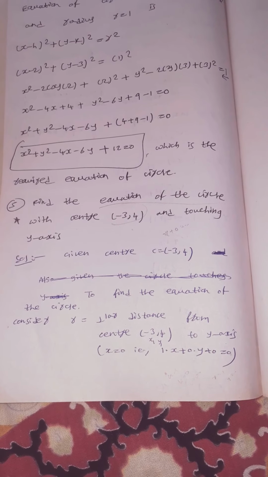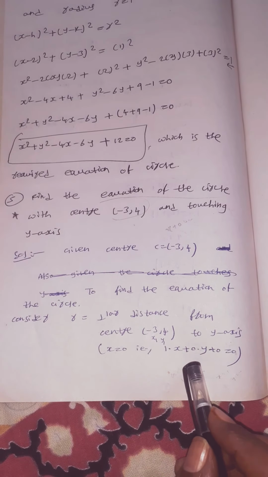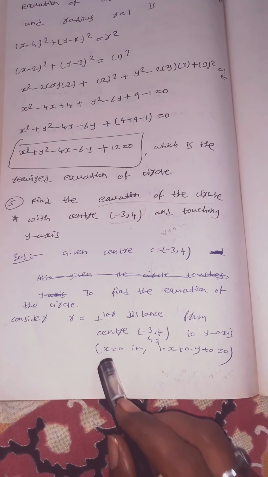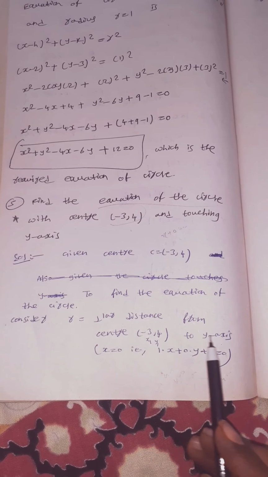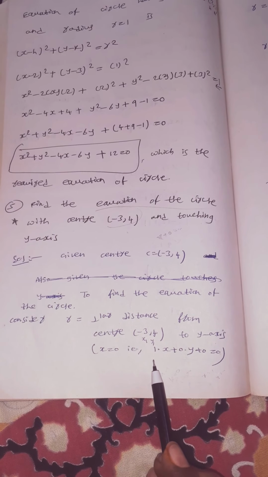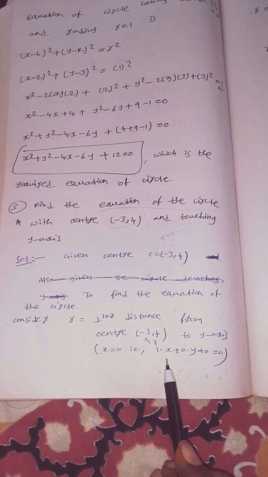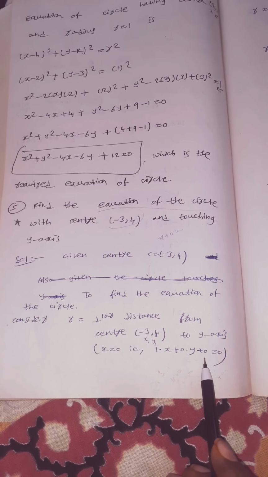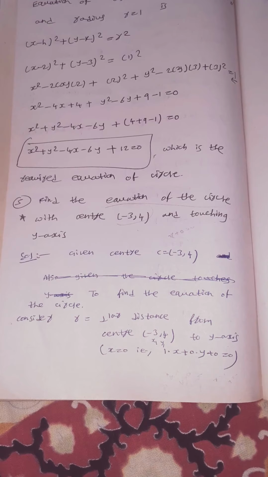What is the equation we will get, children? x = 0. Means we can write this line as 1x + 0y + 0 = 0, children. Why? Because x = 0 is the condition, children. So the y-axis is nothing but x = 0. Again, for your knowledge, this can be written in ax + by + c = 0 format. How can we write it? 1x + 0y + 0 = 0. So the same condition is coming.